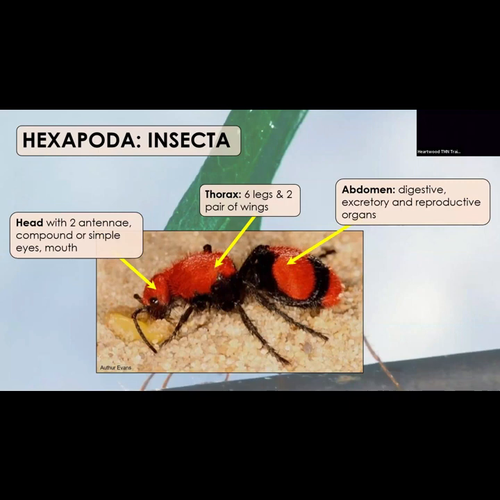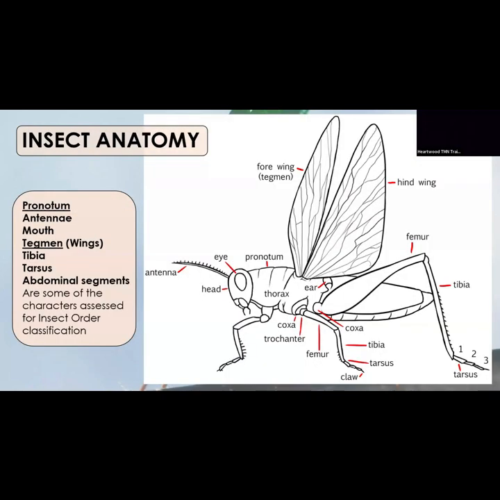The head, this here's a velvet ant, just showing that sometimes the thorax, that's where the 2 pairs of wings will always be attached, but sometimes your insect is wingless. But it'll always be head, thorax, abdomen, and then we'll talk about this trait in ants, about them having a little waist on them.